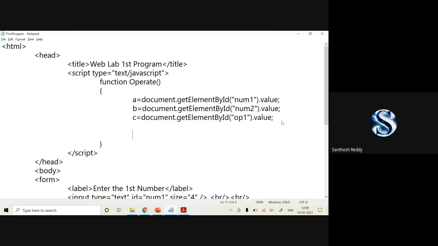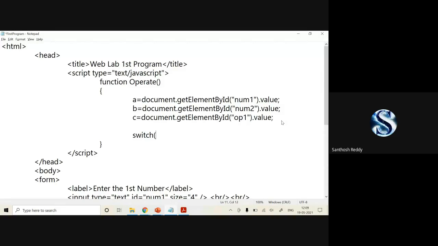So what you have to do here is work with this either in an if, else if ladder, or you can work with the switch case. But for your understanding, I'll be using switch case. It is very similar to how you have used switch case in C, C++, Java. The same way here also we are going to use it.